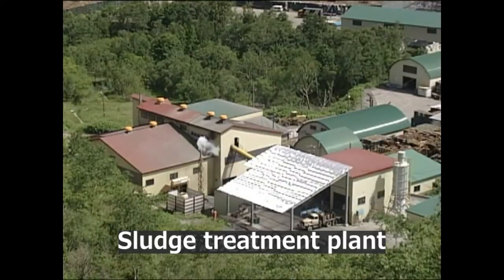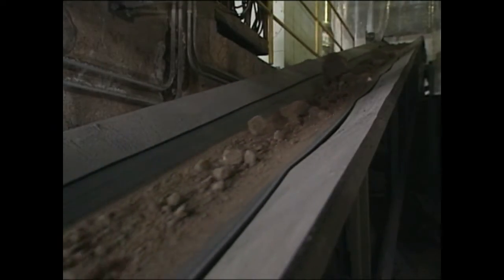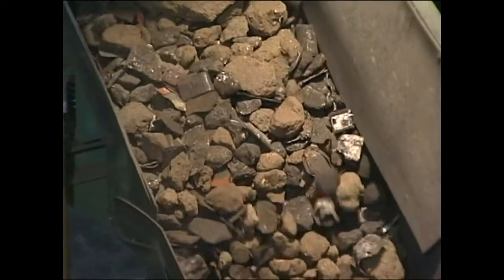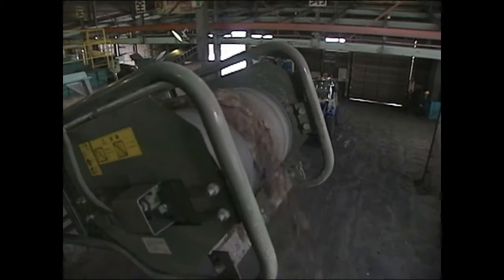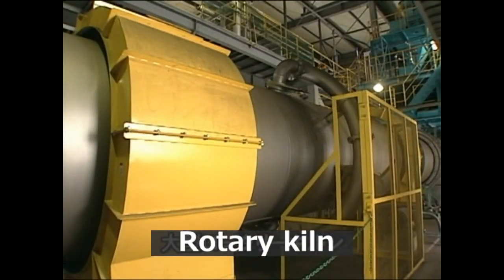At Itomuga plant, not only do we treat and recycle used dry cell batteries and fluorescent lamps, but we also recycle all types of waste that contain or are contaminated with mercury. We have been treating mercury-contaminated soil and sludge as part of our recycling business since the very beginning and have achieved high track records. Using the large rotary kiln and the multiple-hearth furnace, we roast and collect the mercury from